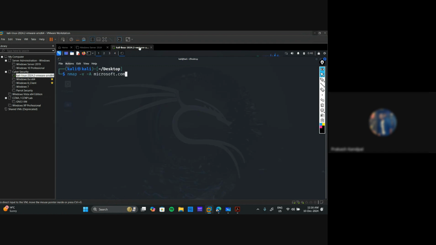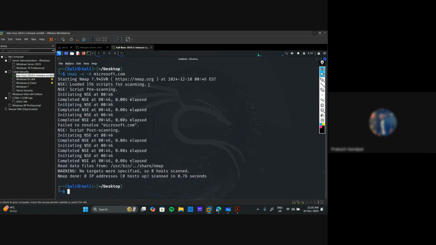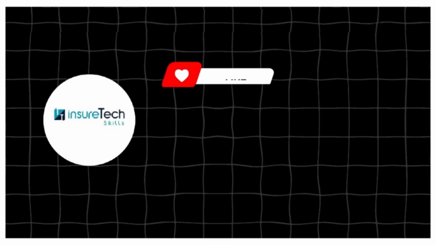So we will use the command line here. If you're able to see my screen, we will use these command lines. Nmap is already installed here in Kali Linux, and Nmap is about gathering information about a particular domain or particular network. So let's say I want to grab information about Microsoft.com. You just need to run this command, nmap -v -A Microsoft.com. Just hit enter, and you will get the information about that. So we will learn about these stuffs, like how we can use